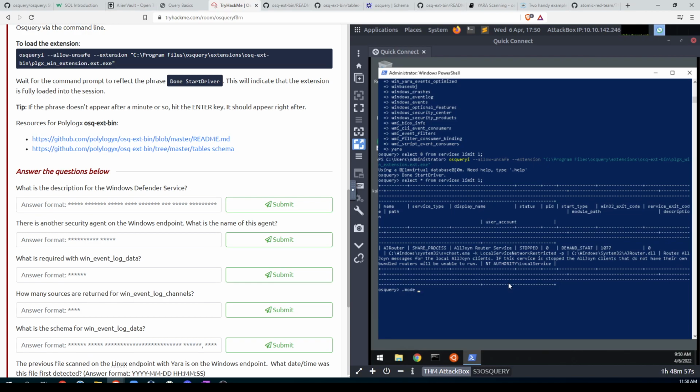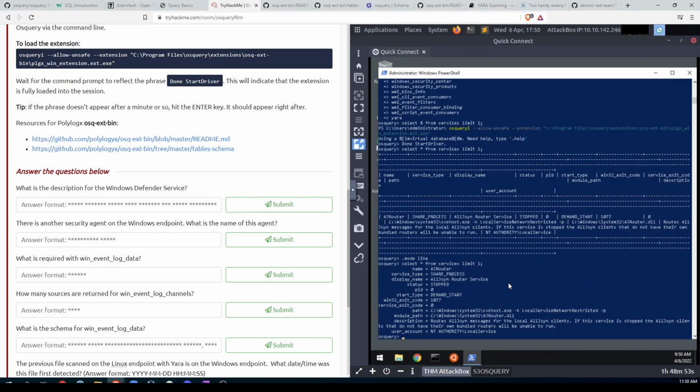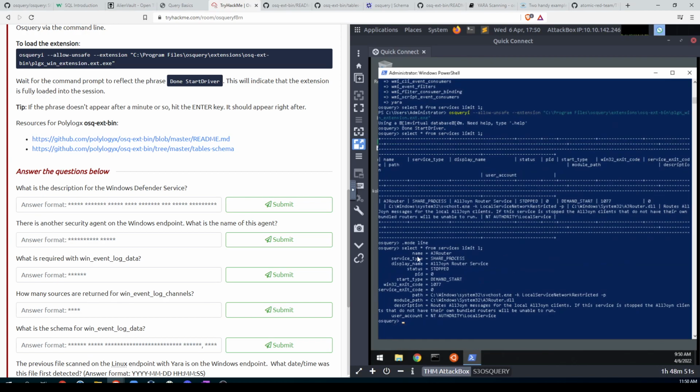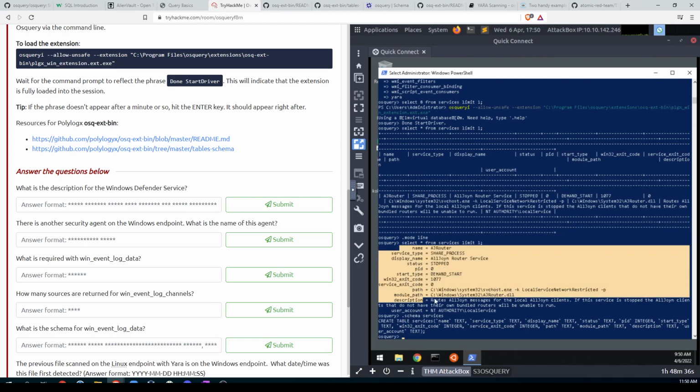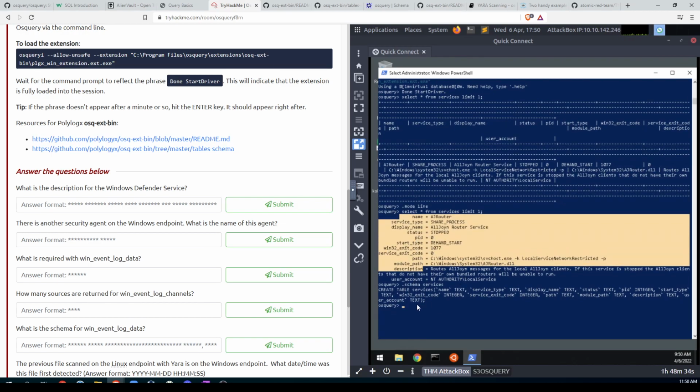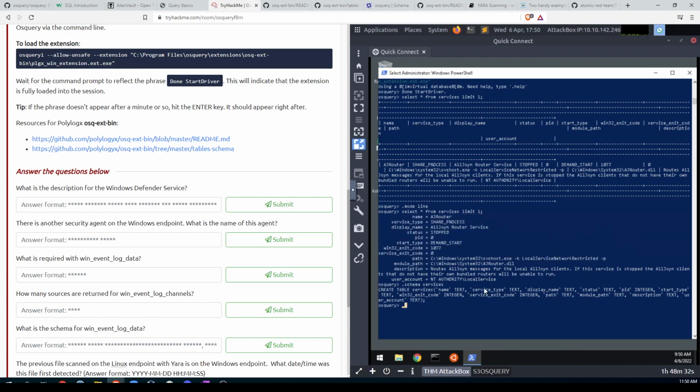Change this default mode. Okay, so we can filter based on name. You can do the same using the schema if you remember from the previous tasks. You can use schema for services and get the same output, but here it looks nicer. So based on this we can select